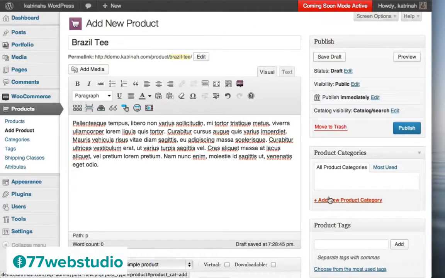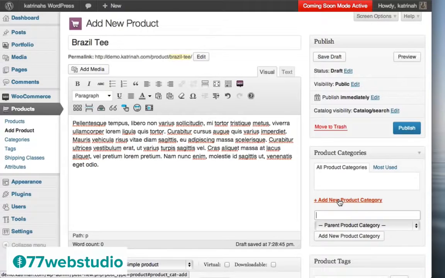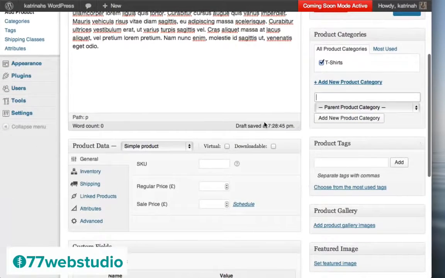So I'm just going to click on this link that says add new product category, and then I'm going to add the category, just type it in, and then I'm going to click on this button one more time to add the new product category. Once the product category has been added, I'm going to scroll down and I'm going to give my new product